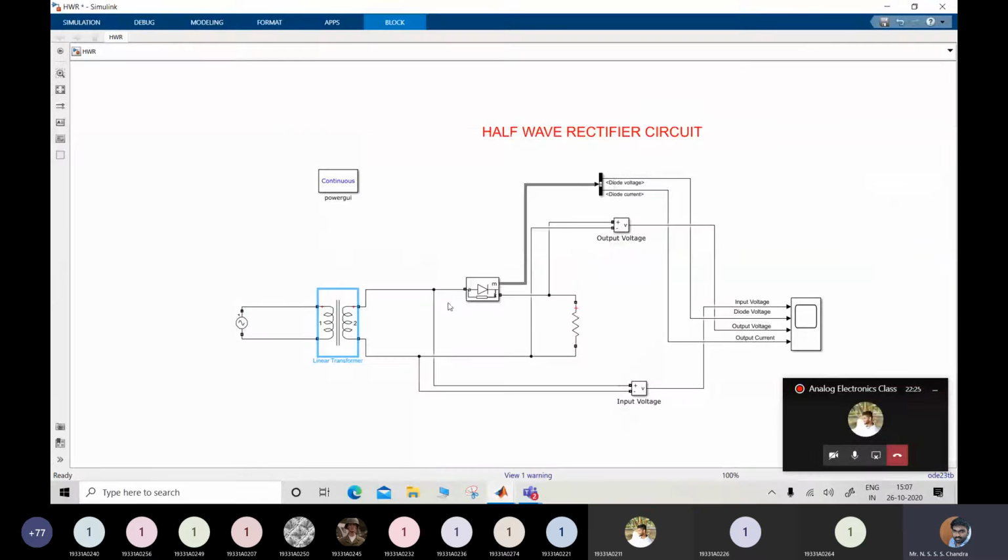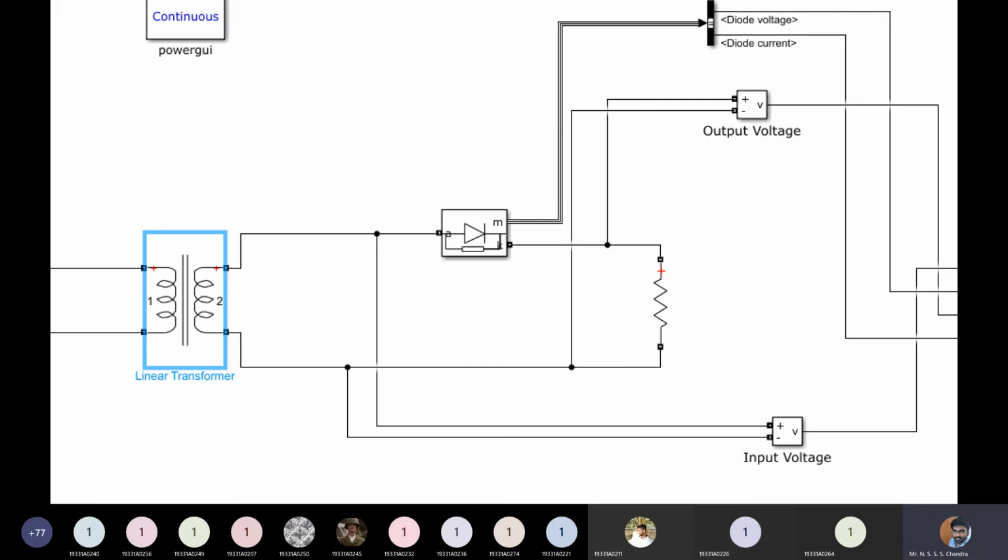So current, you cannot separate it like input terminals one current, output terminals another current, because all these elements are in series. So throughout the circuit there is only one loop current. You do not have two different currents, because all these elements, whether it's a transformer or a diode or the load resistor, are all in series. You know that in a series circuit current will be the same. You do not have any two or three different currents. So current is the rectified current only.